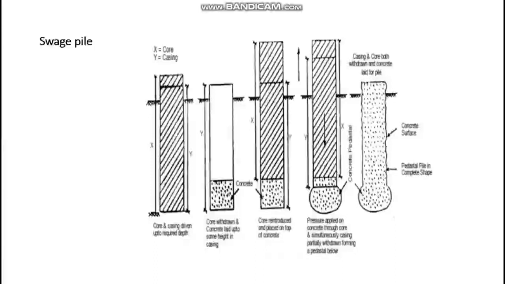So because of that, what happens? The concrete pedestal is getting formed because this concrete is further moving and finding its way out. So it is creating a concrete pedestal which is going to act as a firm base. Okay. So further at the end the casing and core both are withdrawn and the concrete is again placed for the pipe. Okay. So this is the overall concrete surface which makes it a monolith element.